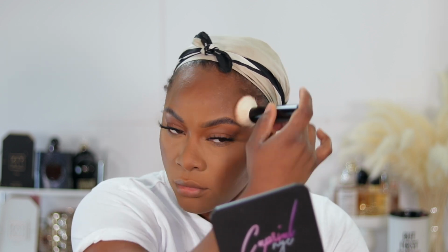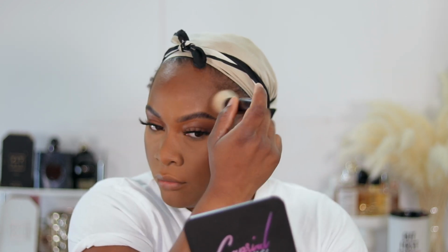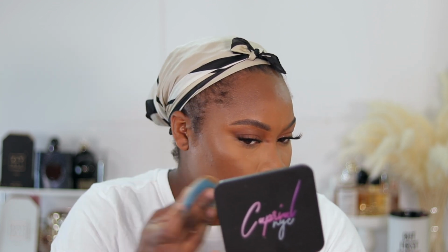Alright you guys, so before I set the rest of my face, I'm going to take the Mercier Beauty brush and a little bit of the shade Sunkist and just go back over everything. Hopefully it doesn't lift like the powder that I already applied. Alright, y'all, so that didn't lift anything, but I just had to see, because I feel like I wasn't seeing